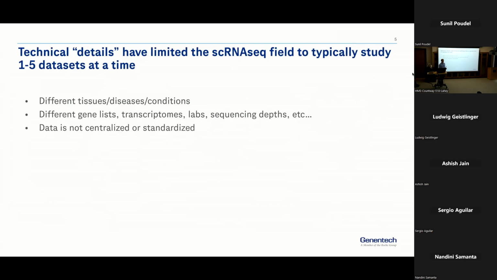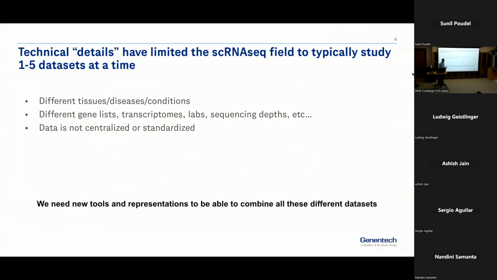I think we probably all wanted to do this, but there are a few technical details. They don't feel like details in practice, but they keep us from doing this. These are all coming from different labs. We're all well aware of batch effects, and things like different labs sequencing at different depths. They are aligning to different transcriptome versions. They report out their data in different data formats. So there are all kinds of reasons why it's not so easy to just put this together and look at it.